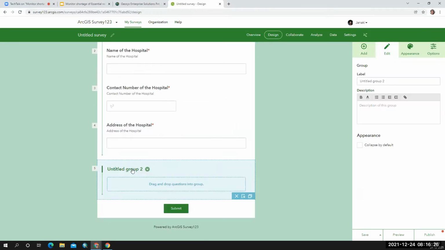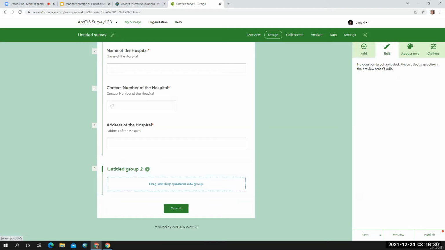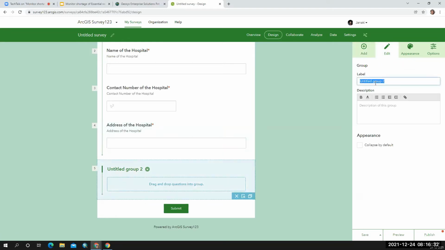In this group, I'm going to give this as hospitalization details. Okay, so I can give a brief description.